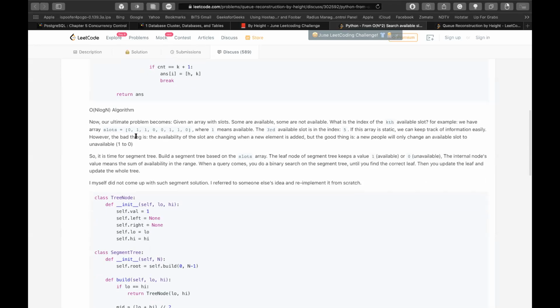But for the next element, they change the element at that index to 0, and for every h and k onwards, they find that slot by the cumulative sum.